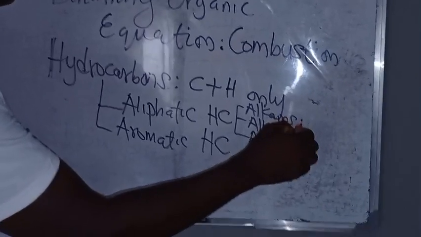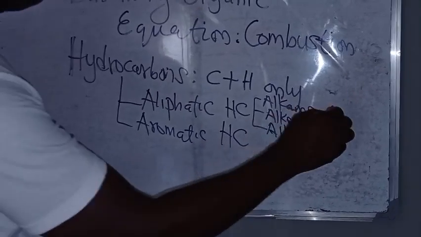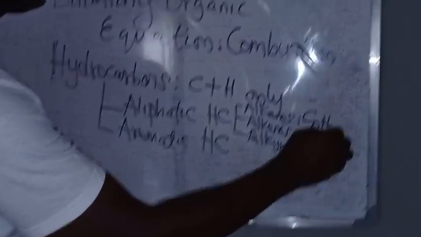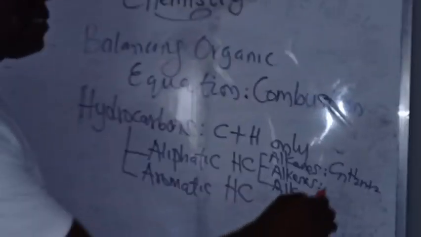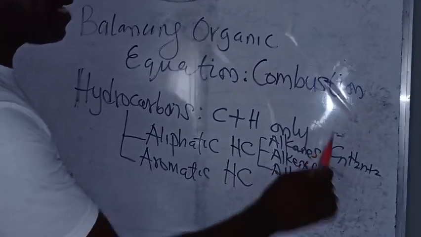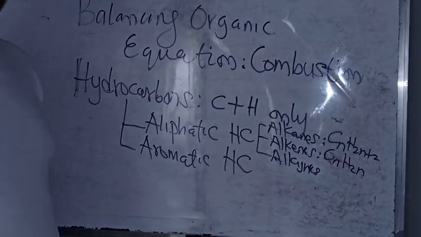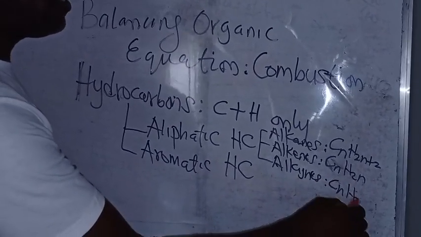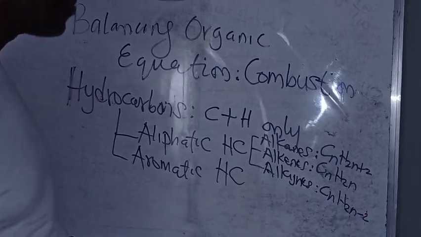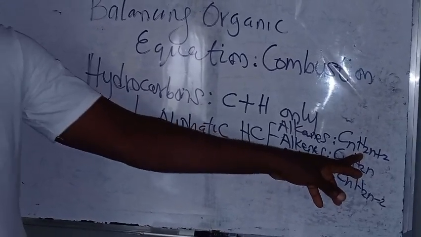Alkanes. Now, the alkanes are a series of organic compounds that are associated with this formula: CnH2n+2. Alkanes are associated with this formula, let me write it properly, CnH2n+2, while the alkynes are associated with CnH2n-2. Now, there could be a limitless number of compounds that can be generated under alkanes using this formula,